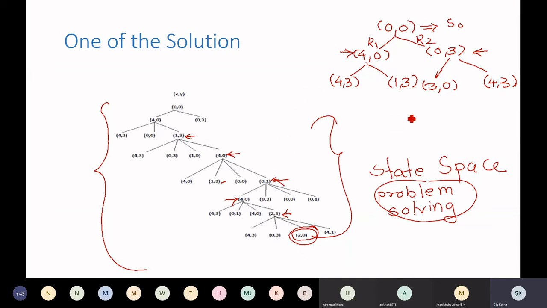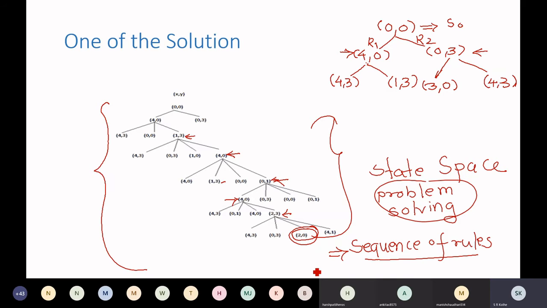Set of actions means your program will give you a set of rules, a sequence of rules. The output of your program will be the sequence of rules that has to be applied to get the goal state or goal states. So ultimately, if you write a program, you will get multiple solutions immediately, whereas manually, when we solve such a problem, we get one solution at a time. But if you write a program, you will be able to find multiple solutions.